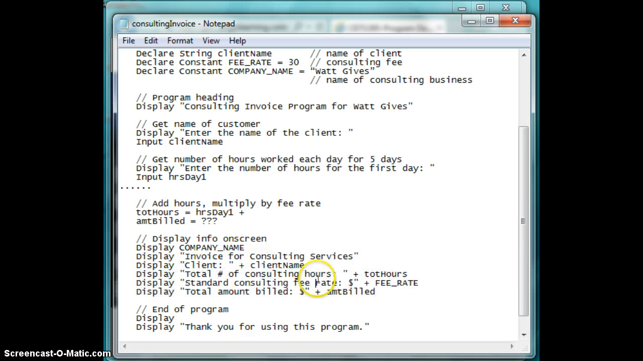All right, so these right here give us the total number of hours she worked. So total number of consulting hours in quotes is going to literally print that on the screen. This is pseudocode, so it won't really do it, but it would if it were real code. Concatenate, not add. Concatenate means to put the hours to the side of it. So it'll say total number of consulting hours is 30, let's say, or 35 or 40, whatever it is. Standard consulting fee is a $ sign in quotes, so it's going to put that in there as a literal, and then it's going to be concatenated, or strung together, with fee rate of 30